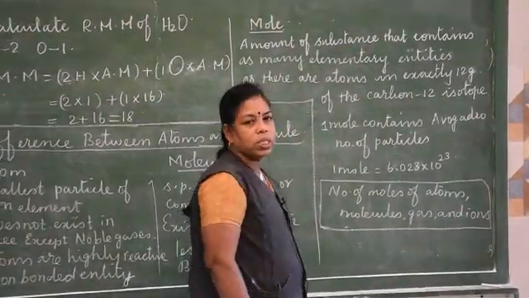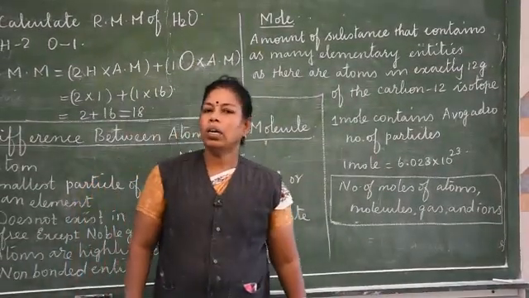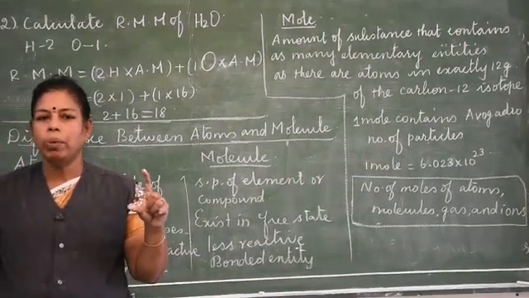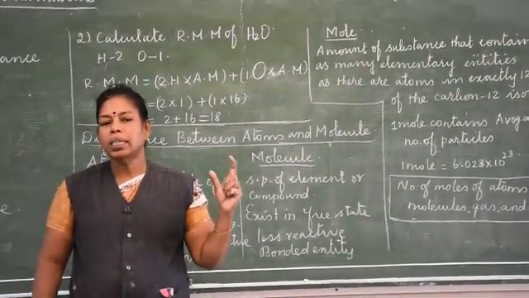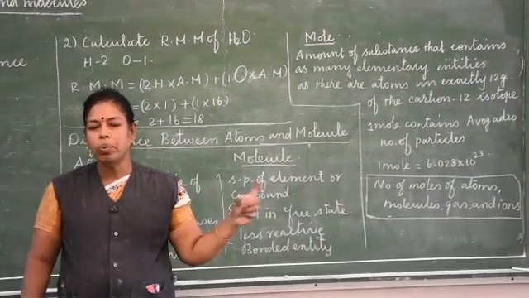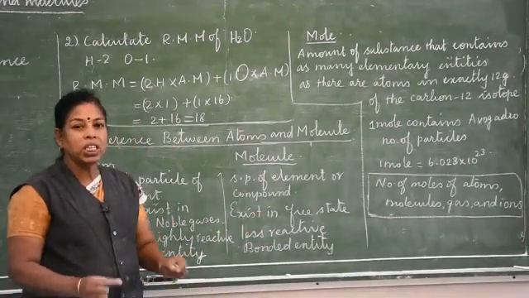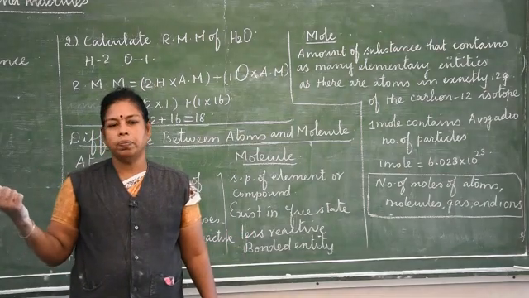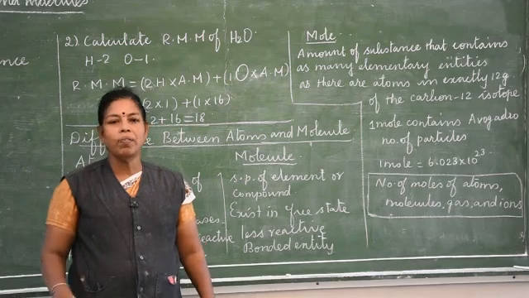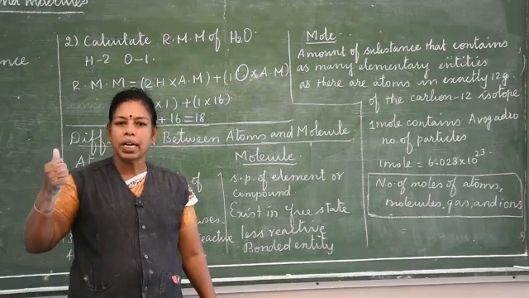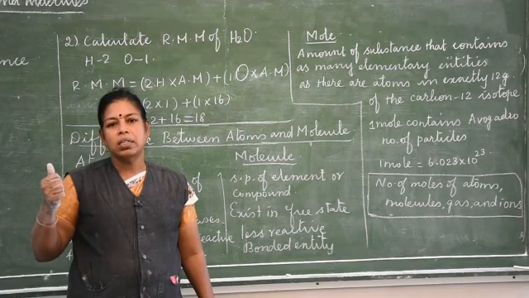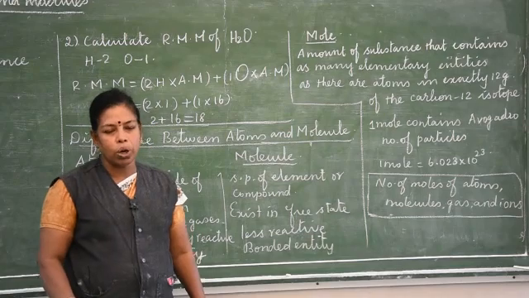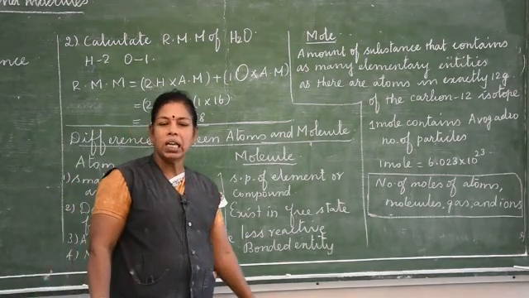Next we are going to see mole. When we are measuring milk, we use a liter can, half liter, 1 liter, like that; we measure 5 liters of milk. When we are measuring cloth, we use the meter scale to find how much length. When we are weighing things like sugar and rice, we use a balance, and the unit used for measuring rice and sugar is the kilogram. So, these are the ways of measuring things.